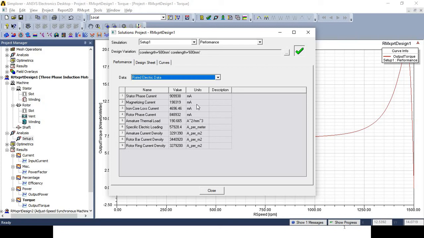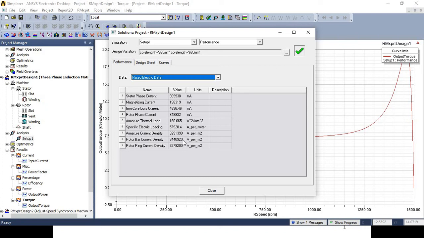Iron core loss current is 4696.46 milliampere. Rotor phase current is 8,48,932 milliampere. Armature thermal load is 190.665 ampere square per mm cube.